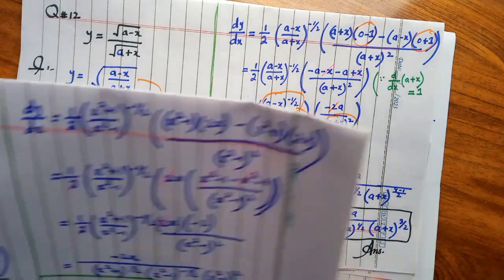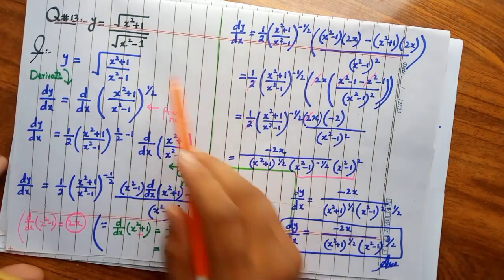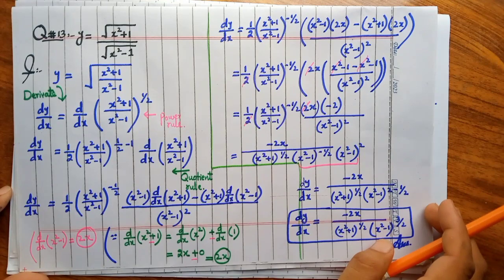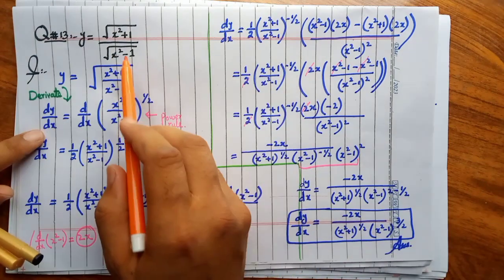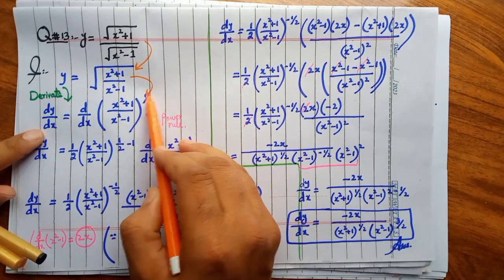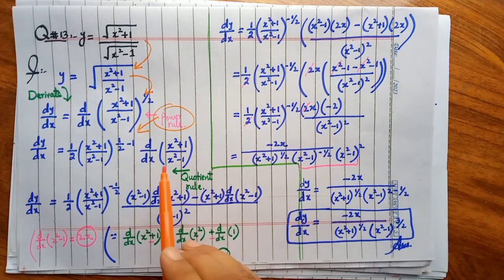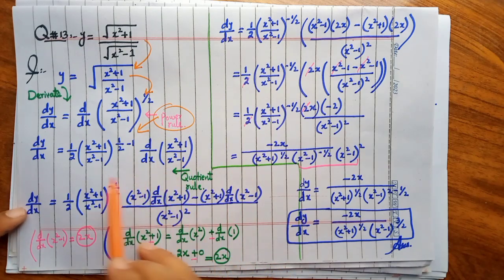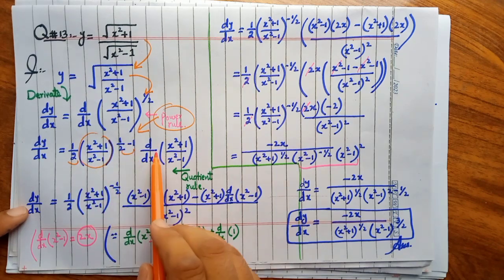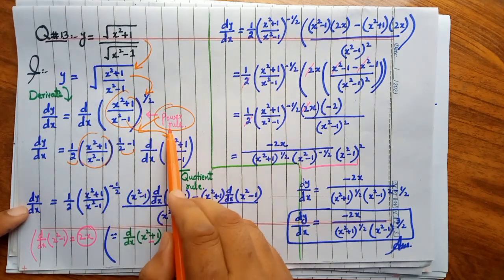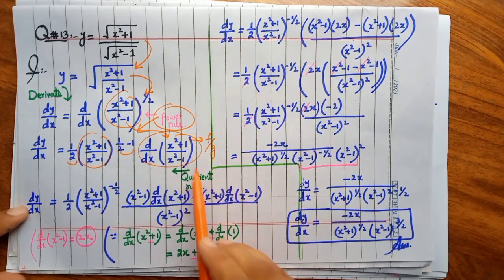After question number 12 we will discuss question number 13. This is the same type of question as we discussed earlier in questions number 11 and 12, and this is again question number 13. We will combine the square root and convert into the radical exponential form. We will apply the power rule here. So after applying the power rule, this expression will be 1 over 2 power minus 1 and the derivative of the expression on which the power is appearing. Here this is the form of f divided by g, so we will apply the quotient rule